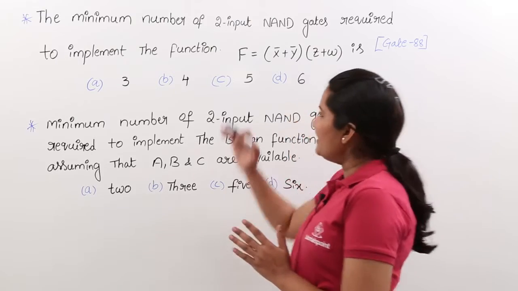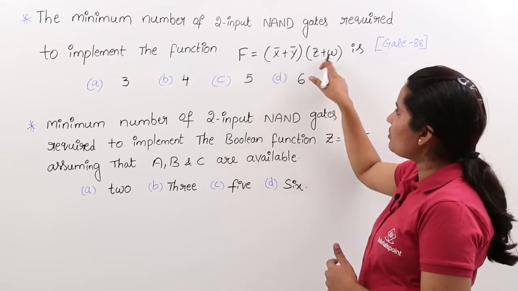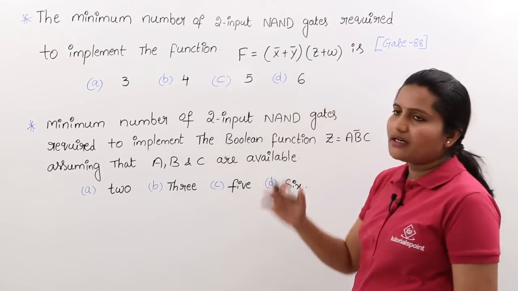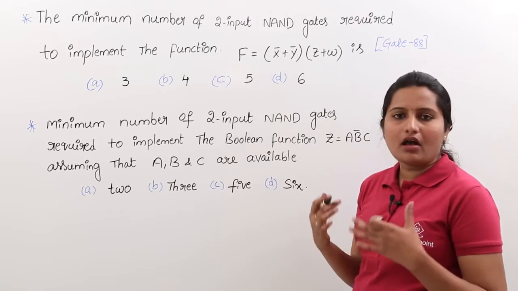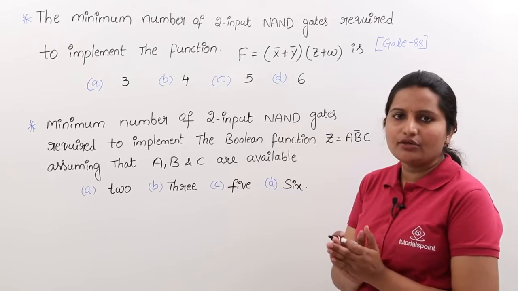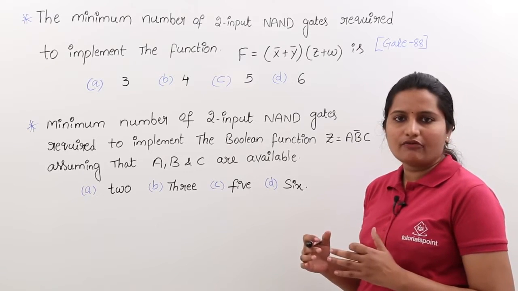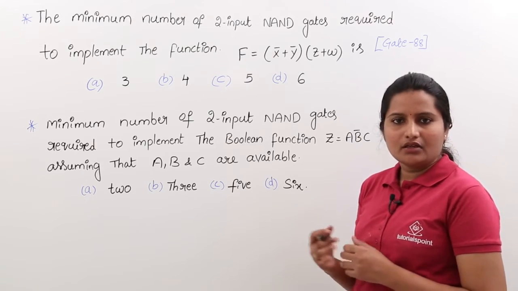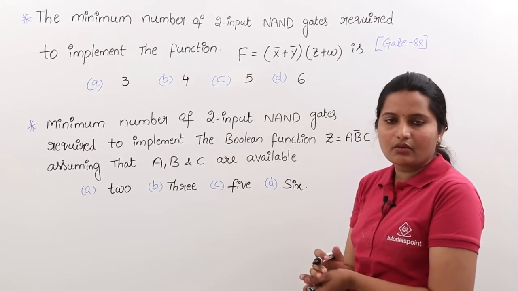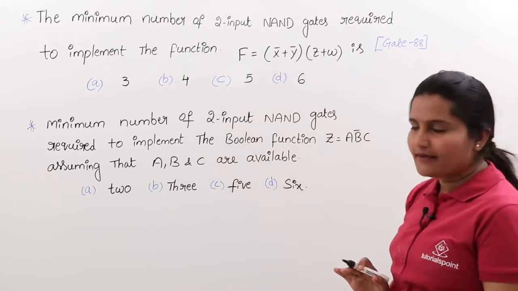But here the expression is in a separate format, having plus or notations like that. Plus means OR. So now I am going to convert it into NAND or AND. If you are converting your expression into NAND and AND, you can use that formula, or directly use your brain and say how many gates are required to implement that specific function. Now, I am considering this function f here.